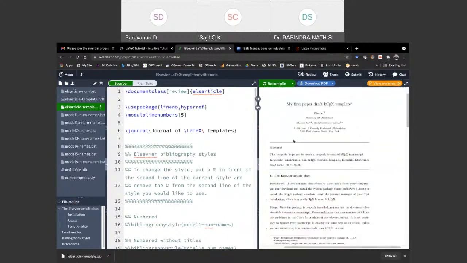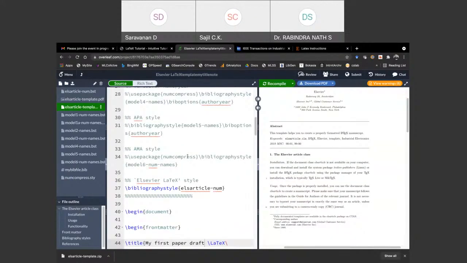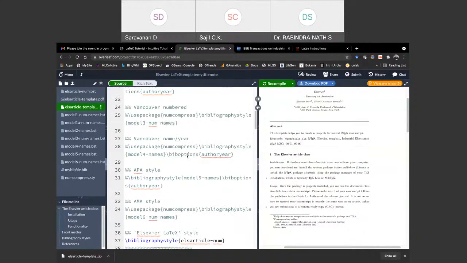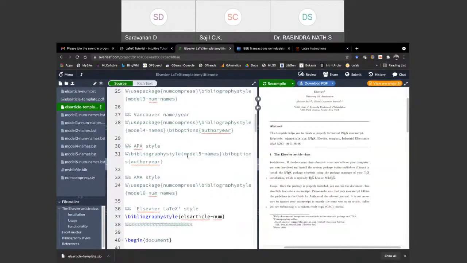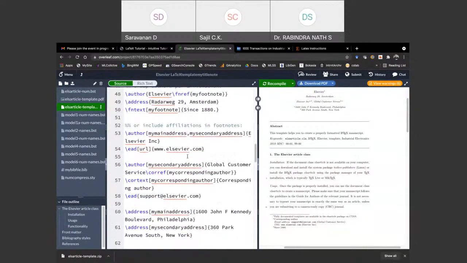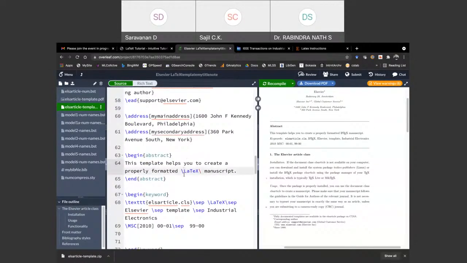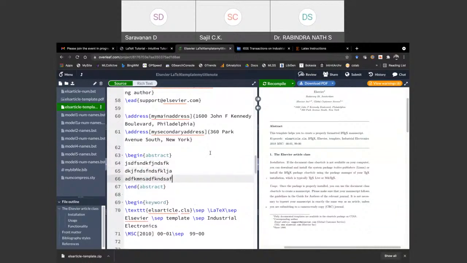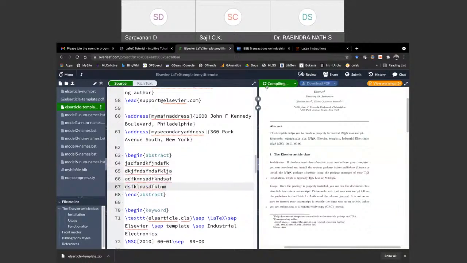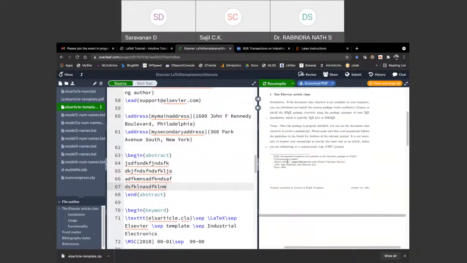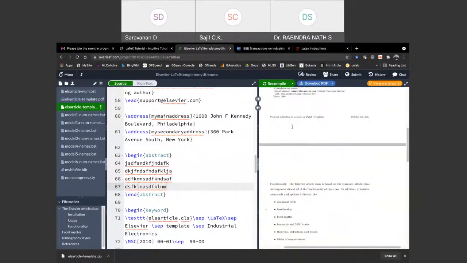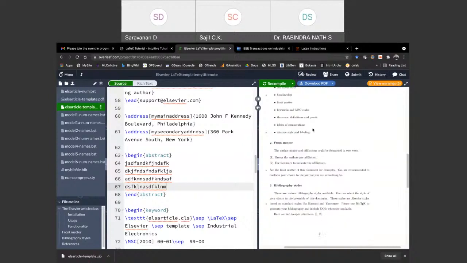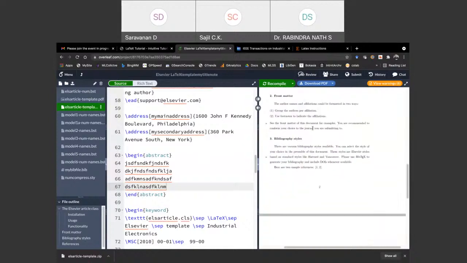Likewise, if you want to add an abstract, there is a place for the abstract. Whatever you place inside this will appear as the abstract. You add whatever content you want, and it will appear here. There will also be some basic instructions on how to use it, what sections it should have, and how the names and affiliations should be given.